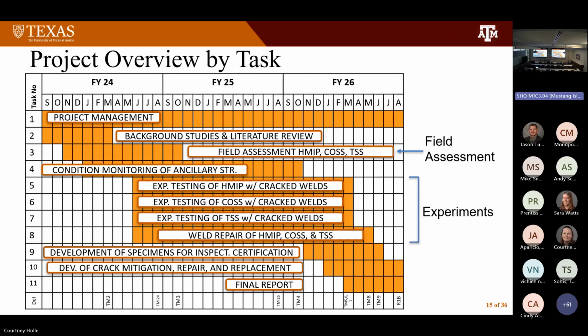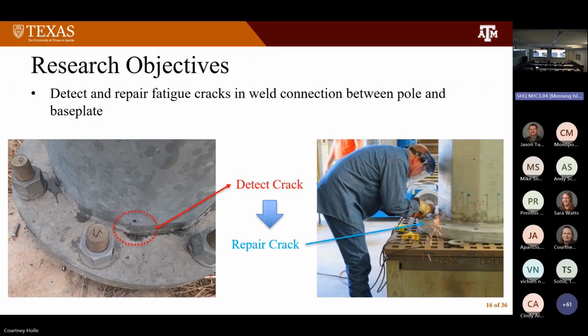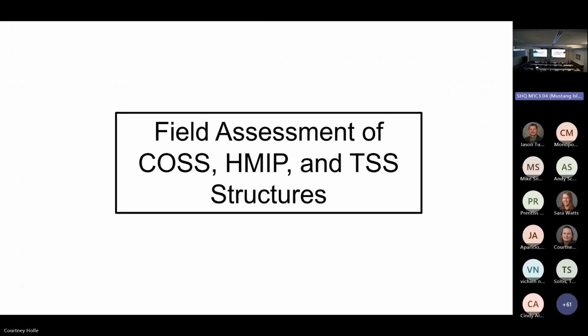A major part of this is going to be some laboratory experiments, doing tests on traffic signal structures, cantilevers, as well as HMIPs, and then also trying to develop some evaluation of the weld repair techniques that may need to be done, and then provide some guidance essentially for what we're doing. So again, we've tried to go out already and see what's out there in the field on some of these, and then look, hopefully in the next year and a half, at what's going on in the laboratory, what's going to happen with the weld repair. The last year, we've done significant amounts on the field assessment for the different structural systems that we have.